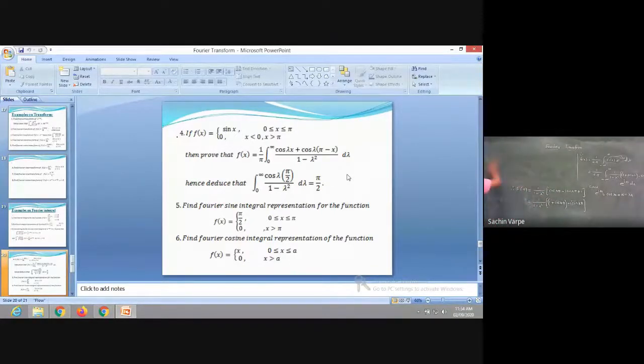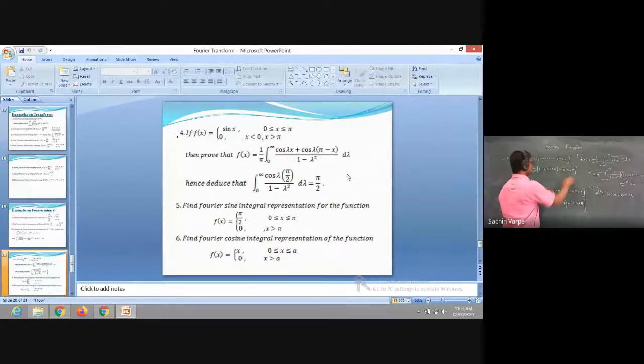Therefore, f of lambda into e raised to i lambda x will be equal to f of lambda into cos of lambda x plus i sin lambda x. But f of lambda is this. I'm writing 1 upon 1 minus lambda square into 1 plus cos of lambda pi minus i sin lambda pi